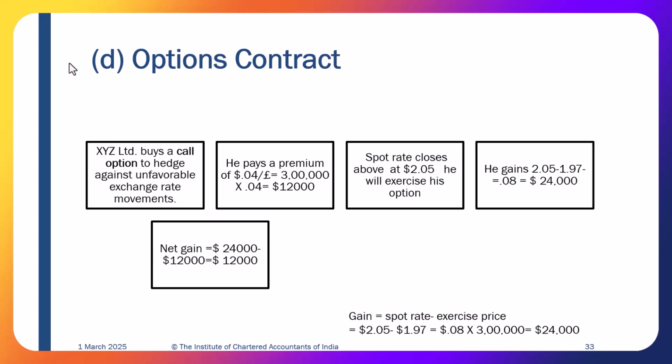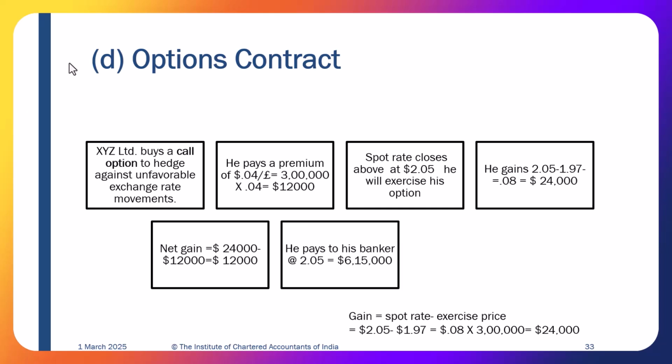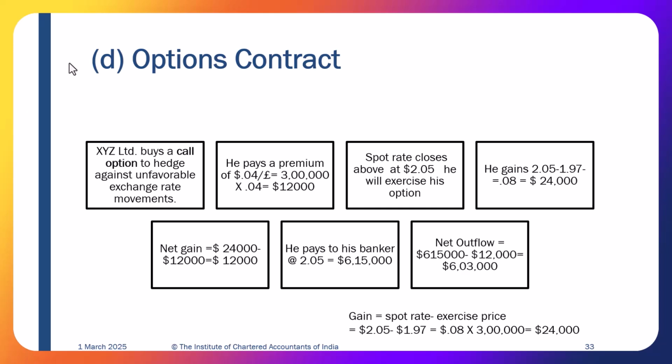So net gain is 12,000 pounds. But this is the money he is going to get from the stock exchange. When he goes to the market, he pays his banker how much? The rate was 2.05. That was the expected rate. Suppose this was the rate available that day. So he has to pay the banker 6,15,000. But the net amount will be only 6,03,000, because here he has a gain from the stock exchange,